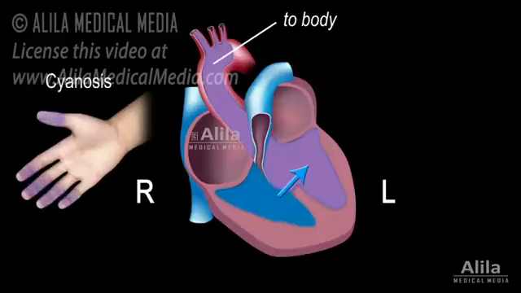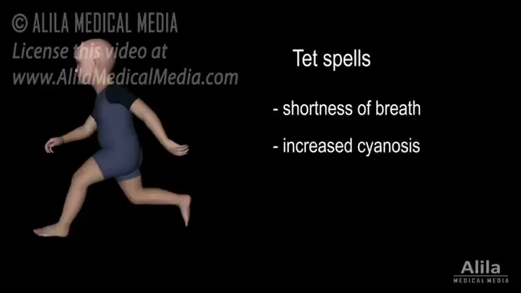The greater the pulmonary obstruction, the more deoxygenated blood enters the systemic circulation, the more severe the symptoms. Children with TOF may develop acute episodes of hypoxia, known as TET spells, during activities that demand more oxygen. These episodes are characterized by shortness of breath, increased cyanosis, loss of consciousness, and may result in hypoxic brain injury